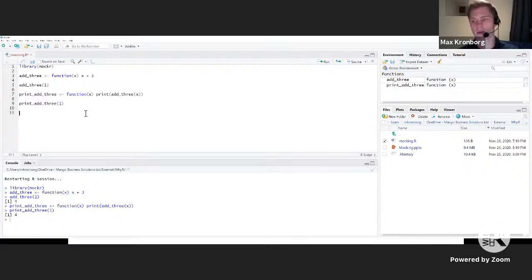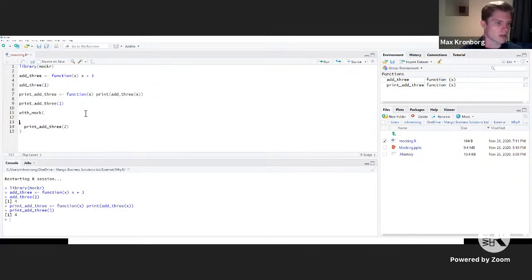So the way we can use with_mock here is pretty basic, but it'll just illustrate the idea. What we want to do here is two things. We want to supply the function that we want to mock, and then we want to supply the code that we want to run with the mock. So if we start a little bit backwards here, we'll have whatever we want to mock, and then a comma for separating the argument. And then we want to mock this print_add3 function with input 2.